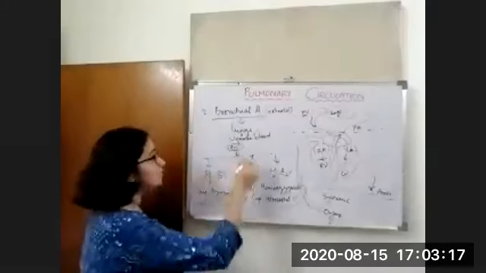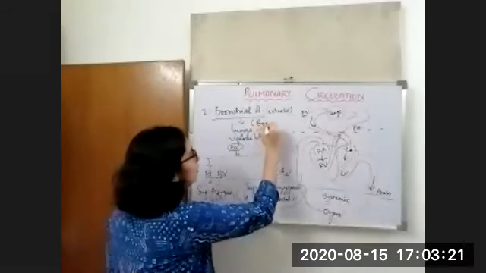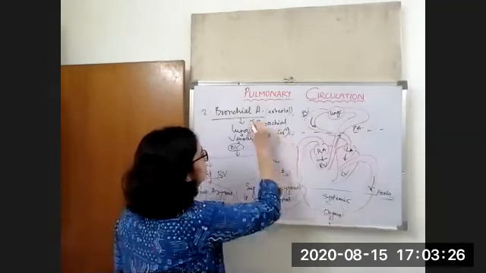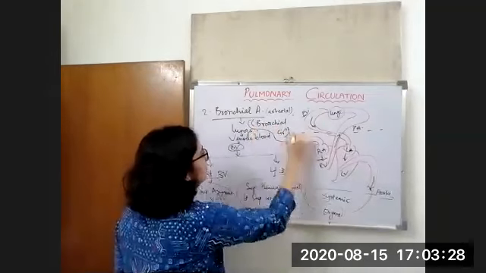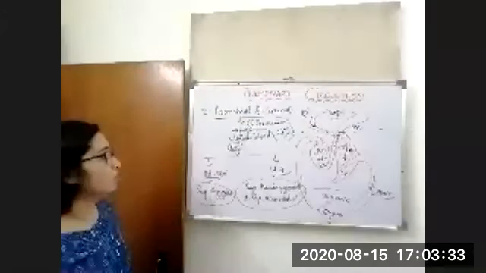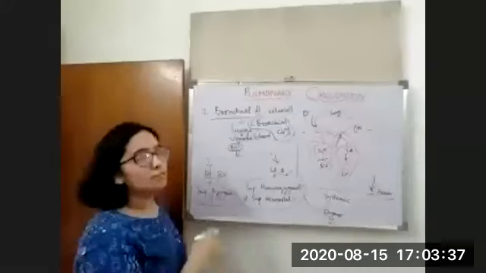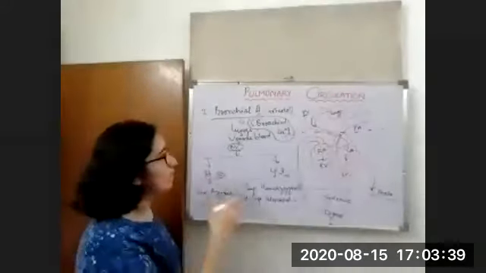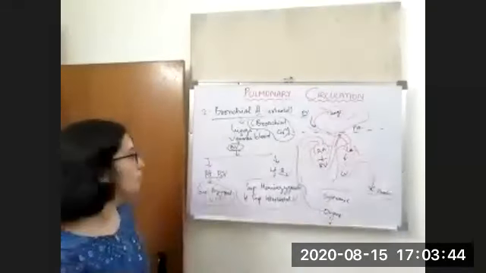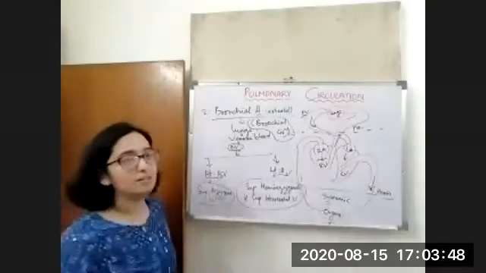So okay, this was your bronchial circulation. This comes under your bronchial circulation, that is bronchial artery and bronchial vein. But lastly, what happens? The final blood from the bronchial vein is drained by the pulmonary vein. Okay. So now we will see the next part, that is physiological shunt.